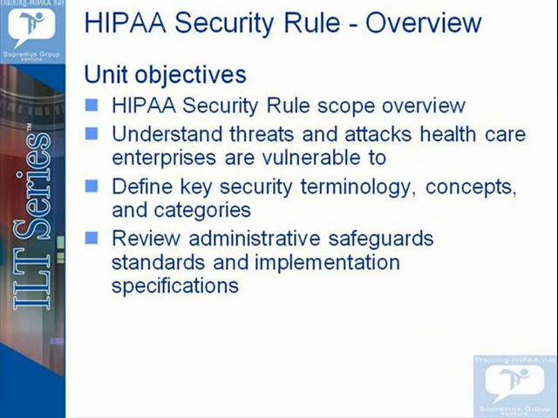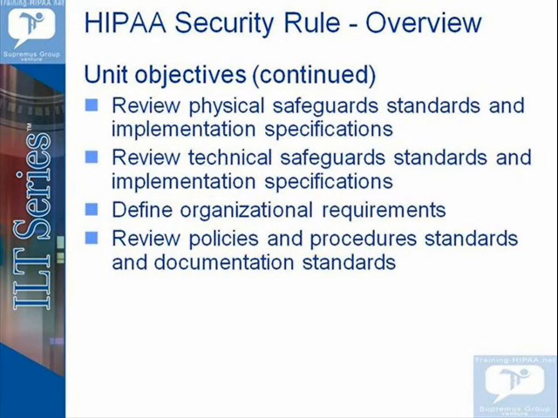The title of this section, or this unit, is HIPAA Security Rule and Overview. The unit objectives for this unit are to describe the scope of the HIPAA Security Rule, to understand the threats and attacks to which a healthcare enterprise is vulnerable, to define key security terminology, concepts, and categories, to describe administrative safeguards implementation and specifications, to describe physical safeguards implementation specifications, to explain technical safeguards implementation specifications, to describe organizational requirements,